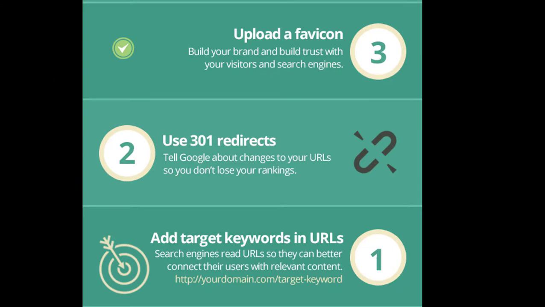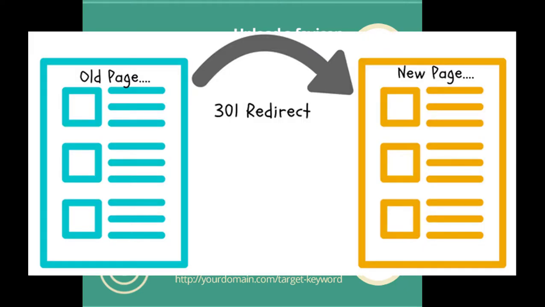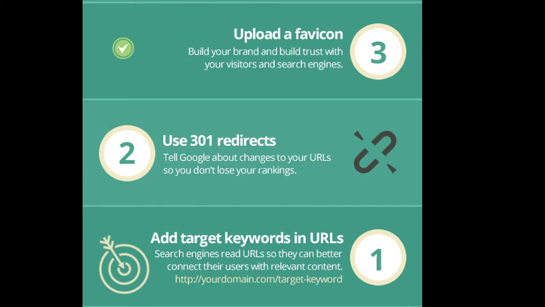And you can also use the 301 redirect. This is a web server function where an old URL can be redirected to a new one. 301 redirect is a permanent redirect status, indicating that the source has moved permanently. It means from page A, you tell them to go to page B because page A is no longer available. And you need to add the target keyword in the URL so that Google can better connect the